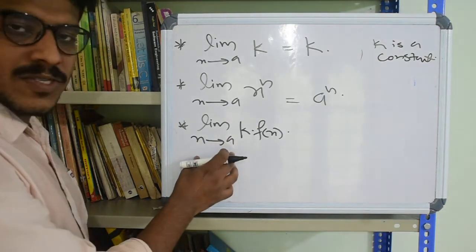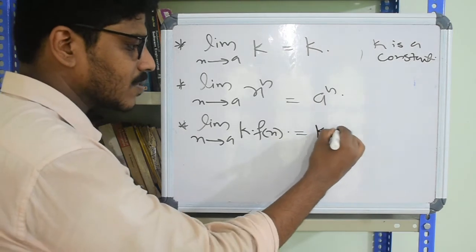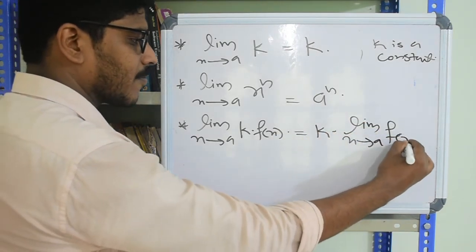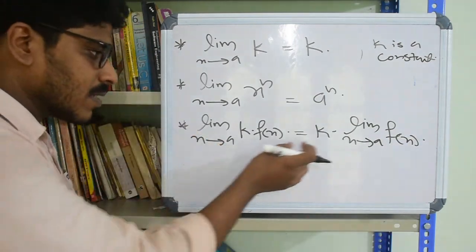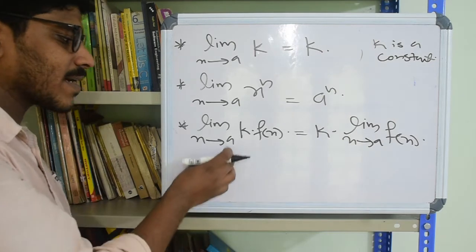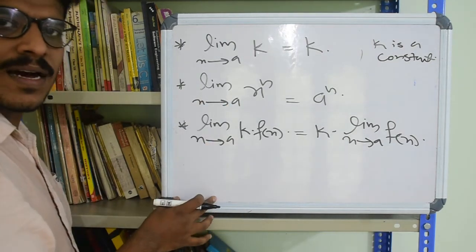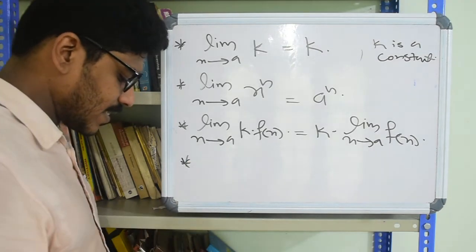So limit x tends to a, constant into a function, is the constant into limit x tends to a f of x. Which means the constant can be taken outside the limit. We will see these in examples. These are quite useful techniques to evaluate the limits. So next is